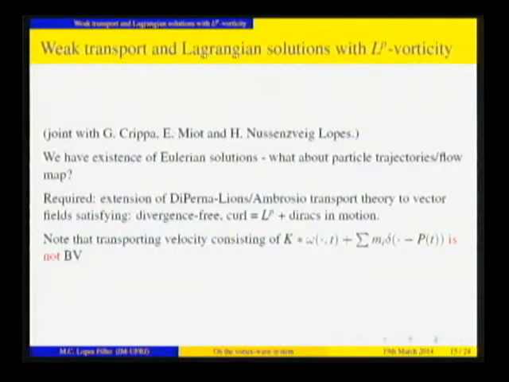Okay. So now the next question we looked at: we ended with the existence of an Eulerian solution to the vortex wave system, and the next thing we asked ourselves is, can we prove that we have some Lagrangian solution at this level of regularity in some way? And let me just say, why would we care about getting a generalized Lagrangian solution for this problem? The reason is